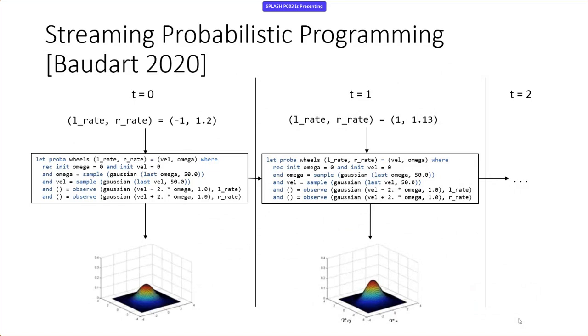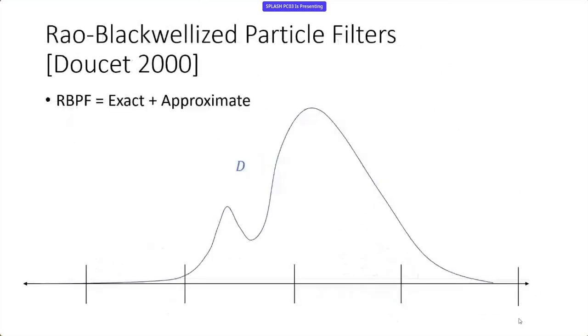So if you were going to write the code for this robot by hand, the thing you would want to use is something called a Rao-Blackwellized particle filter. And this is a long way of saying we want to combine exact probabilistic inference with approximate probabilistic inference. And the key idea in an RBPF is if we have some complicated distribution that we want to represent, we can represent it with a hybrid representation.